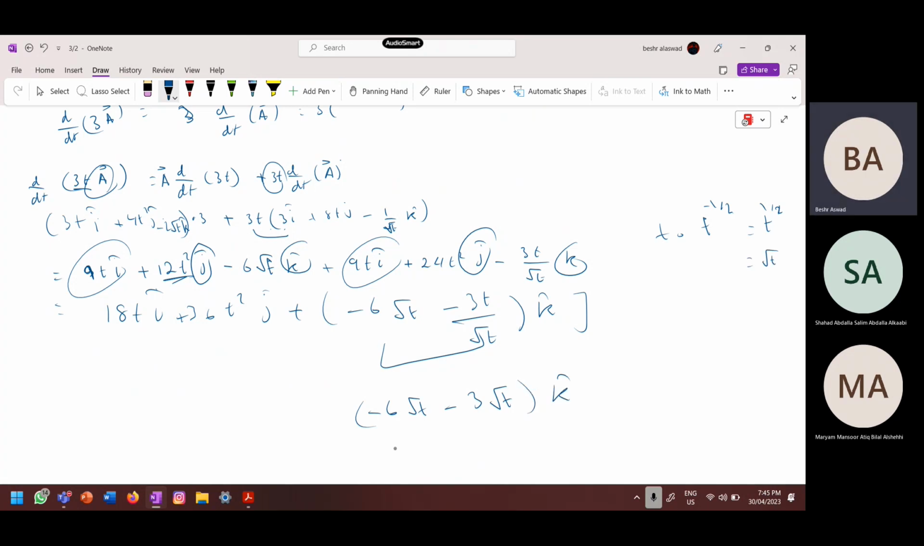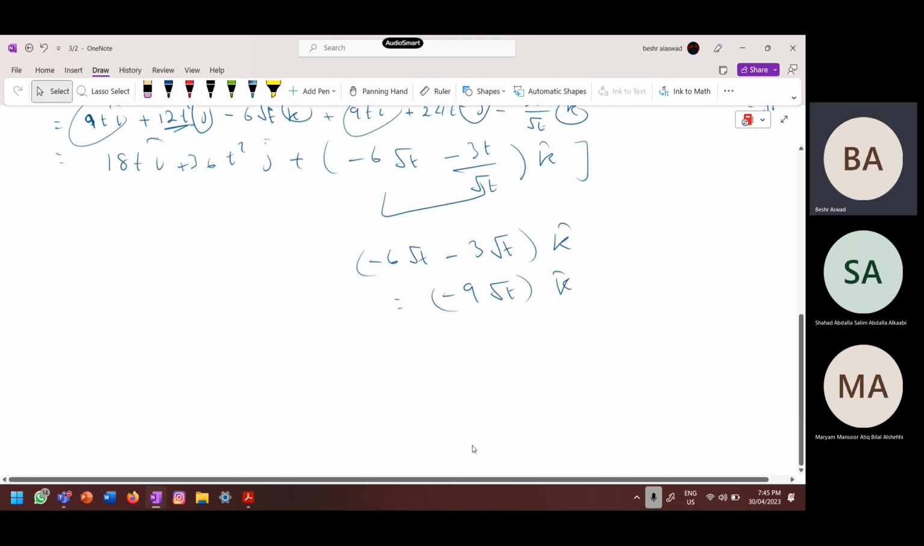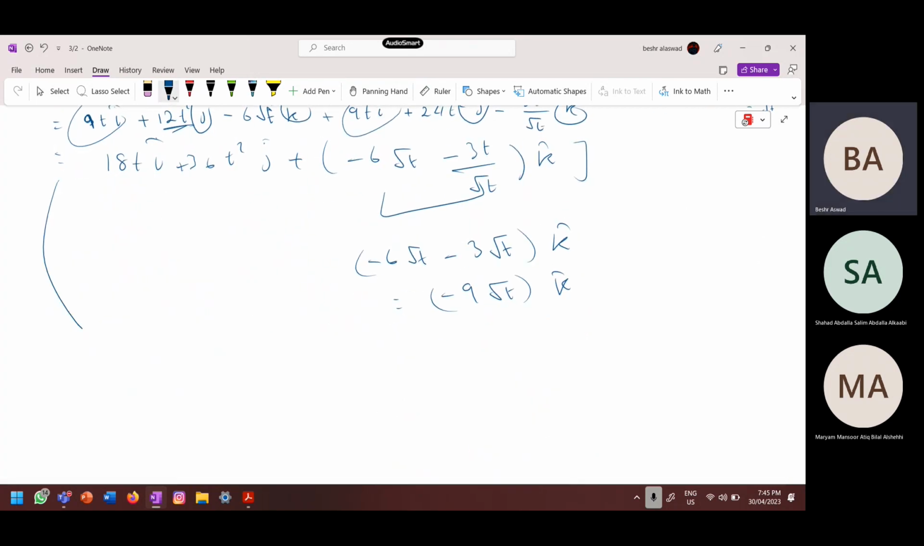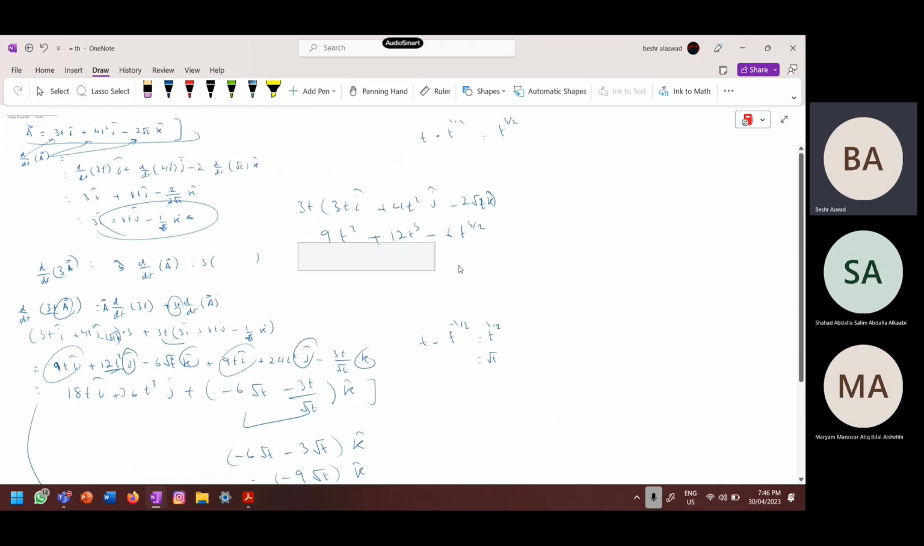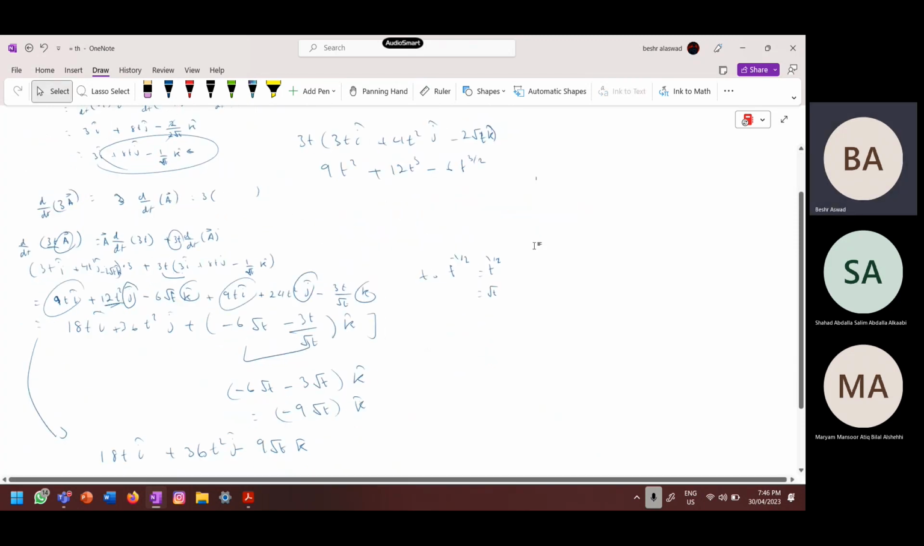Again, k hat, this will give you negative 9 square root of t, k hat. Just to rewrite, sorry, I'm doing it in a messy way, but I don't see any other way to do this. Plus 36 t squared minus 9 square root of t k hat j hat here. Sorry for that. Now I want you to find the derivative of this term with respect to time, and